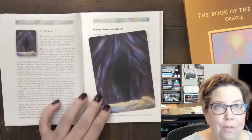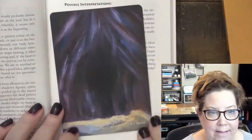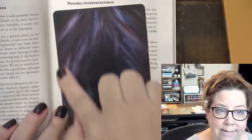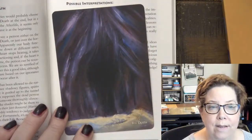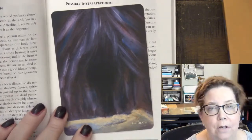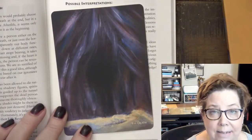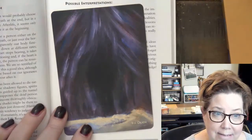So I love the fact that, let me zoom in on this. I love the fact that death, in terms of the interpretation, is really that next step. You're really standing at the beginning of the unknown, and the point of this first initial moment is to free yourself from fears, free yourself from thinking that you've got it all figured out, and be open to take that next step and see what happens afterwards. I think that is a great